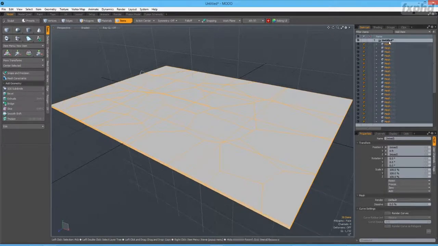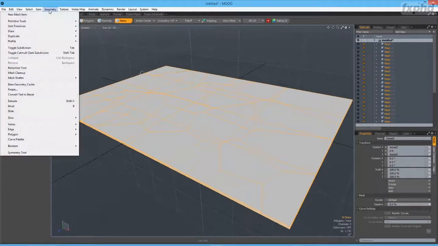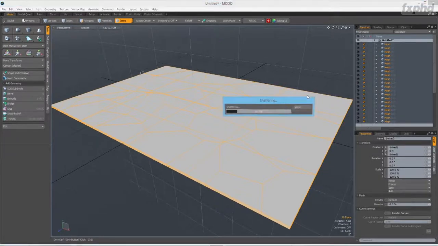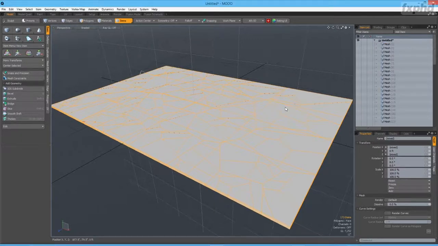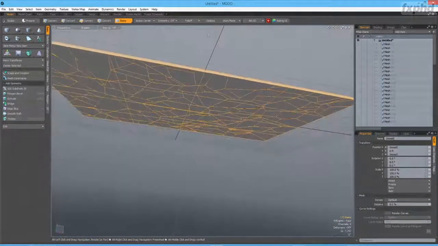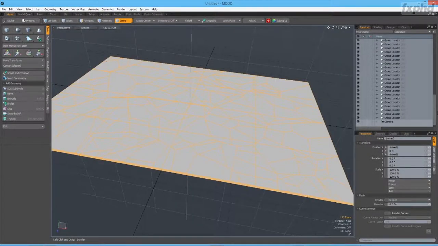I'm going to select all of these mesh items here, come back to geometry and come back to mesh shatter and go back to uniform. And I'm just going to set this to 6 and hit OK. So now what it's going to do is take each one of these different pieces and cut them into 6 different pieces. So now we can see we have quite a few more pieces here,